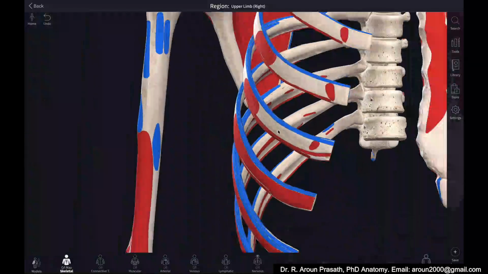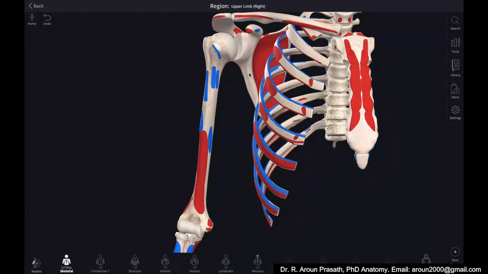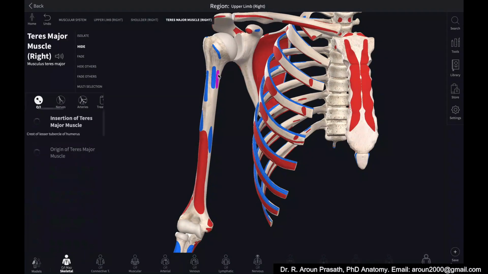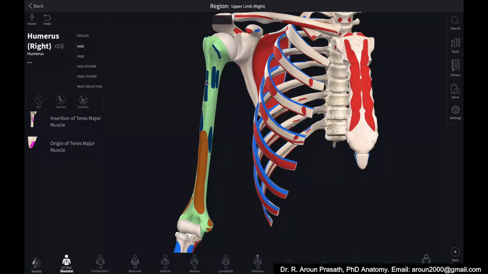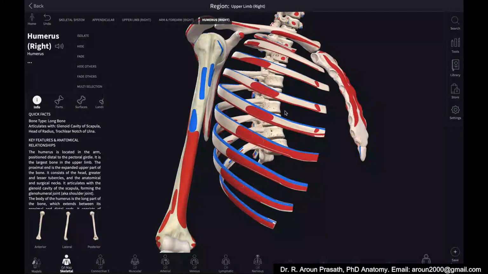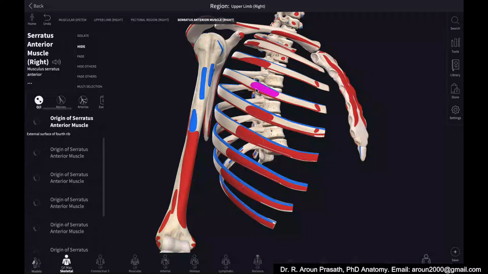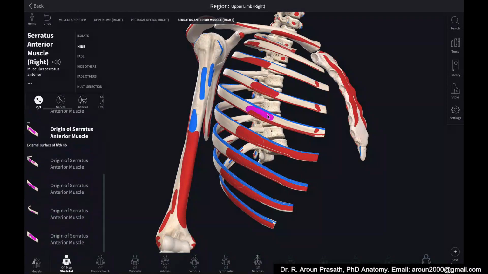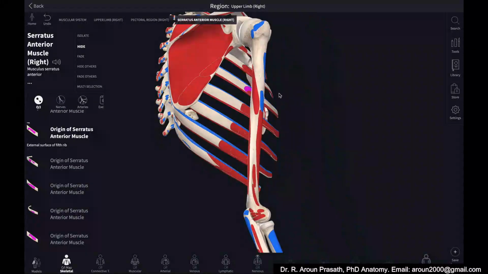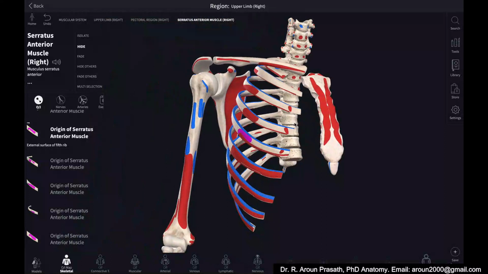Likewise, in the bone, all these areas have the pectoralis major origin, and it inserts in this place. This is the origin point of the serratus anterior muscle, but it inserts on the humerus. So likewise, you have to know